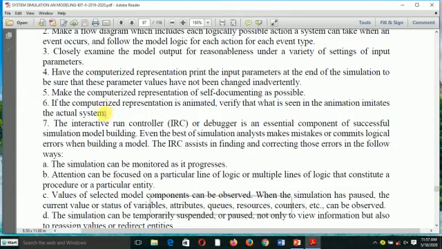If you're having animation, for example, you are showing how people will be ordered in the queue. You draw people and you present the queue management using animation. You have to make sure that everything reflects the actual system, how people come into the bank and how they are ordered in the queue. So those must be the same.